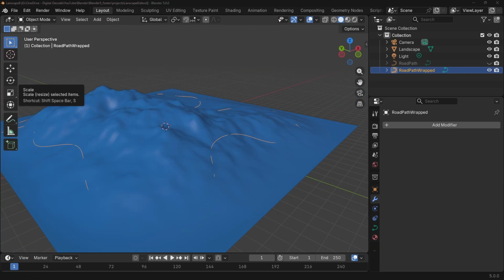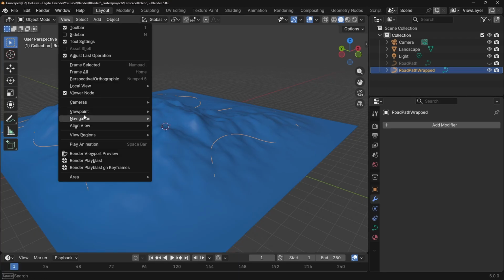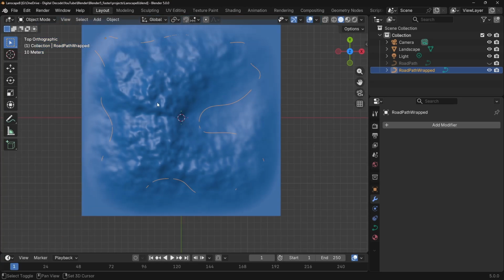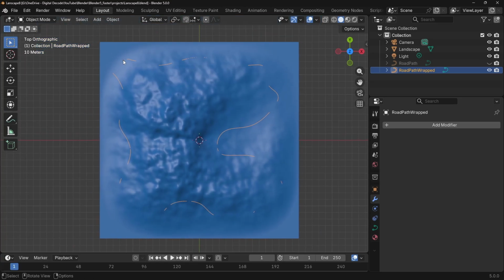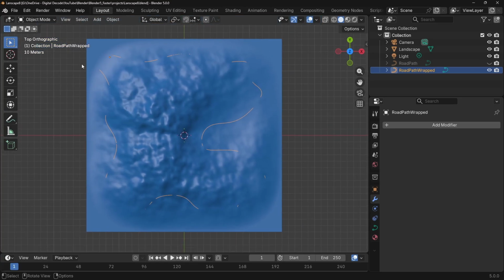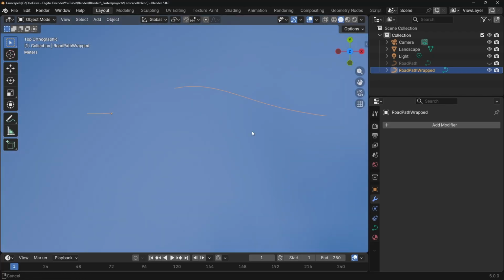The next step now is to actually use this path as a guide for a plane which we're going to use to cut into our landscape. To do that, I'd like to set the origin of this particular path right at the start of the path. So I'm going to go to View, Viewpoint, Top View, and zoom out. At the moment, the origin is right up here. I'm going to go to View and Frame Selected,